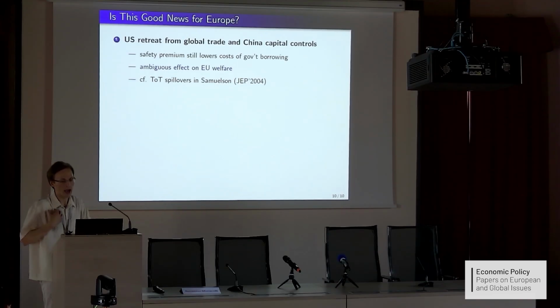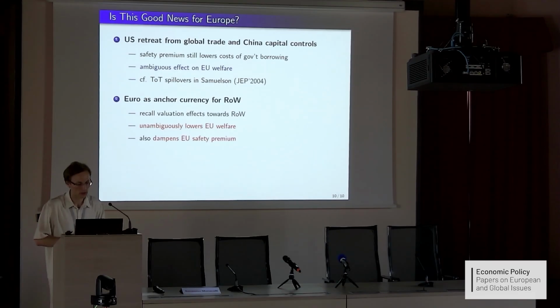In some sense, I actually thought at first that it would be negative, because you exclude the US and China from global risk sharing. It seems like for other countries it should be bad news, as there is less room for them to share risk. It's not necessarily the case. It really depends on how correlated shocks are across countries. You can construct examples where shocks are so correlated that you actually like that other countries don't need transfers in bad states of the world. But that's ambiguous, and it will be interesting to compute this in the model.